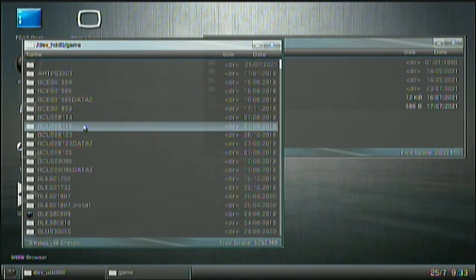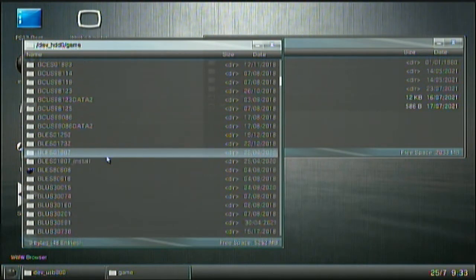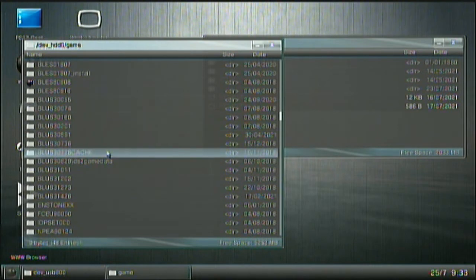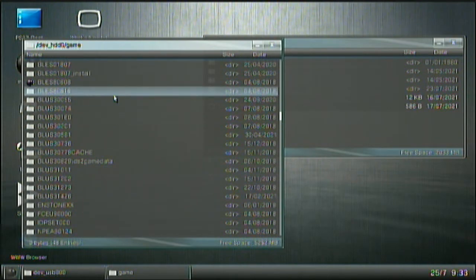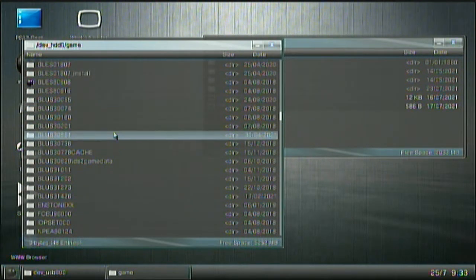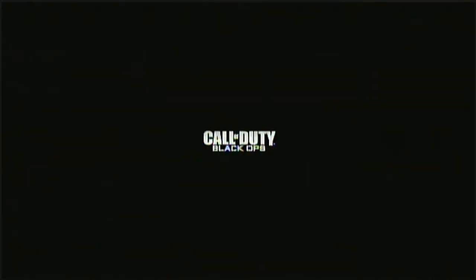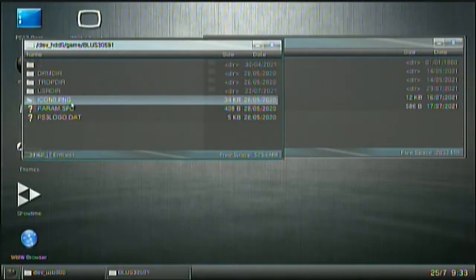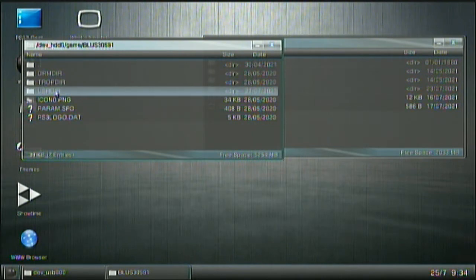Enter game, all lowercase. Now you need to find the ID for your game. The folder will be named after it. The US ones are usually named BLUS 30591. Here we are. If you're having any trouble finding it, check all the icon 0 files for the matching image. Now enter userdir,